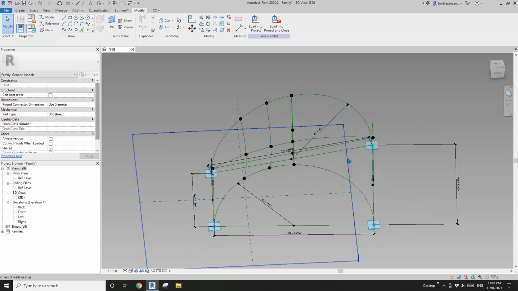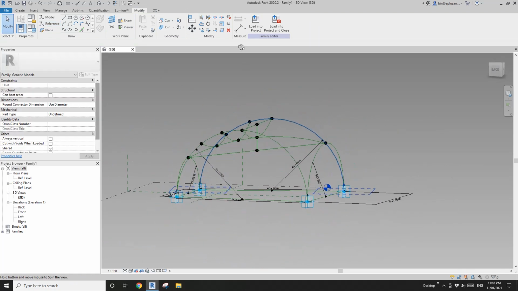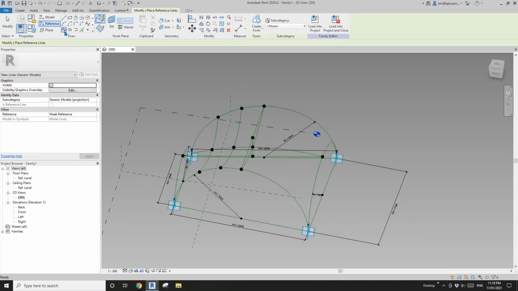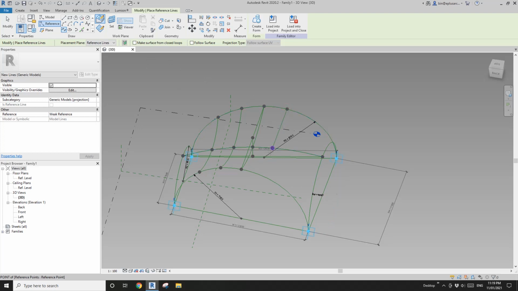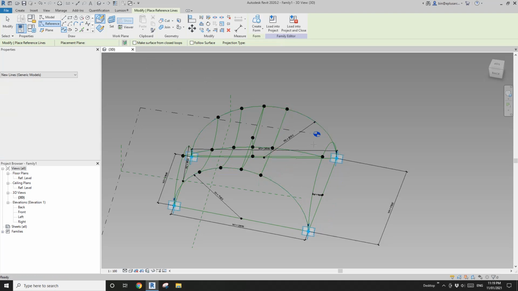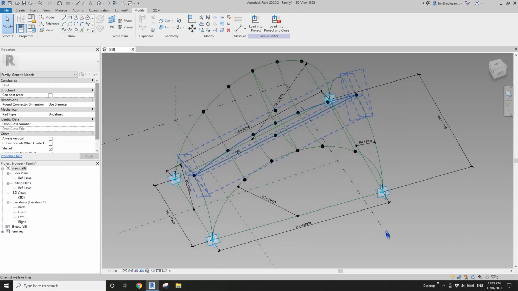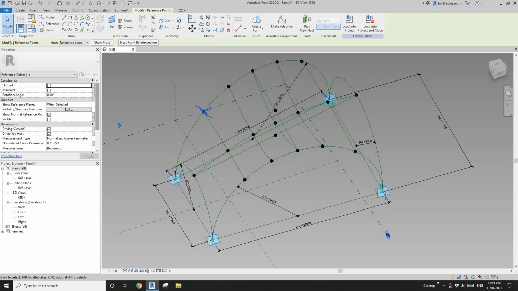Okay, so on this side, I'm going to place another 2 splines. So reference spline through points, and 1, 2, and 3. Escape, and then another one, 1, 2, and 3. And also, I'm going to select the point because this point is placed on face on this spline, so